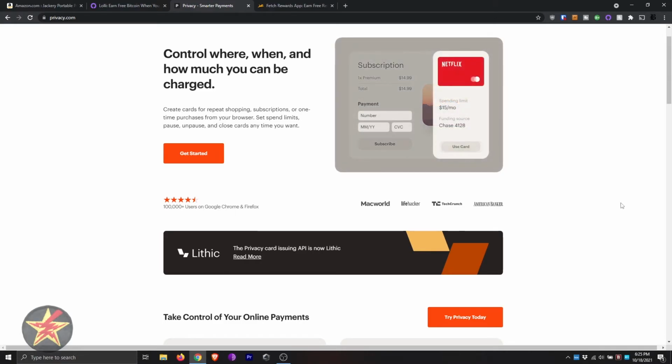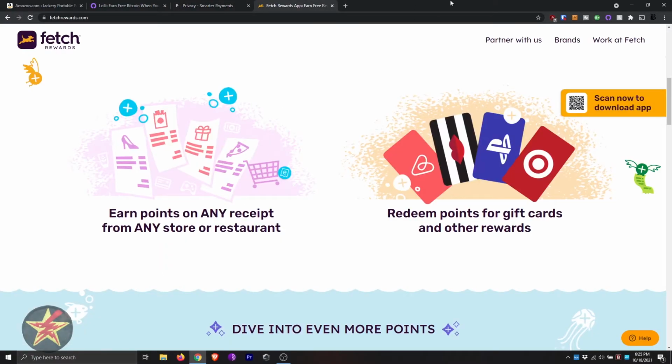Now, last but not least is a kind of extra bonus one, which is Fetch Reward. Full review in the corner there. When I reviewed this originally, it was just an application that you had on your phone that you could take pictures of physical receipts, and you get cash back that way, and again, can redeem for gift cards just like you can with Honey. However, Fetch Reward has introduced a new way to earn cash back, which is scanning your